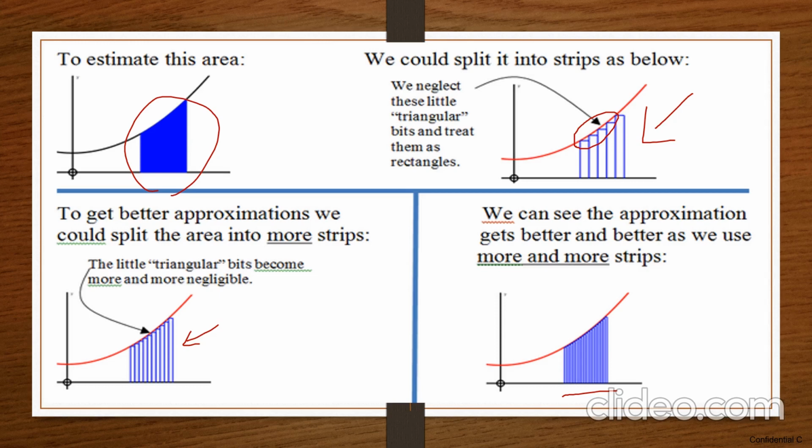Now the area has been split into rectangular strips, and to find the area you can simply add the area of all the rectangular strips. You may not know how many rectangular strips there are, so it can be infinite, n number of strips. You have to add all this area to get the area of the required region. So with this method we are going for the integral part.